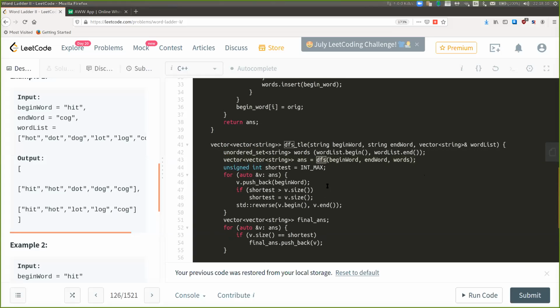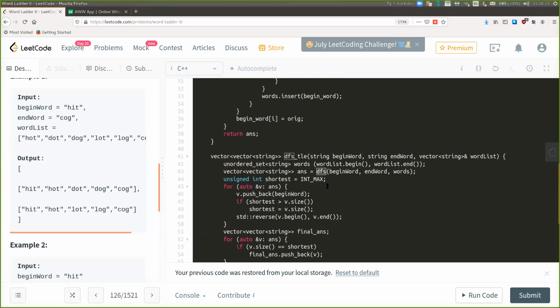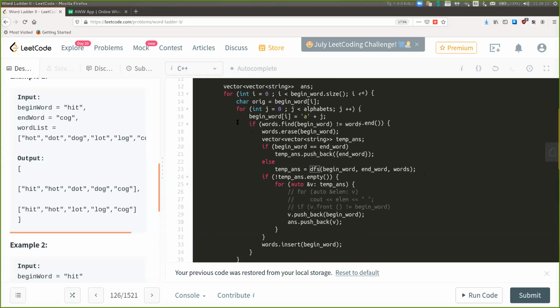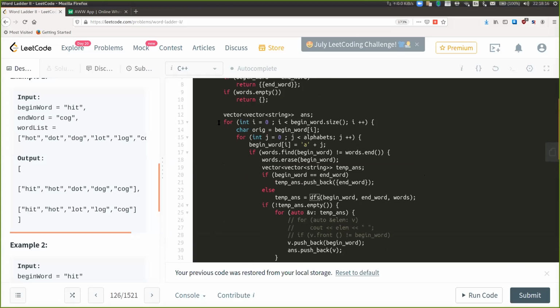So the cost for DFS will be, I think, 26 into n square, because I'm iterating over all the words, right? And I'm trying to update every character, which is 26 times. And begin word, let's say the number of characters in the word is n only. So this loop is for 26 into n times, from line number 13 to line number 15.